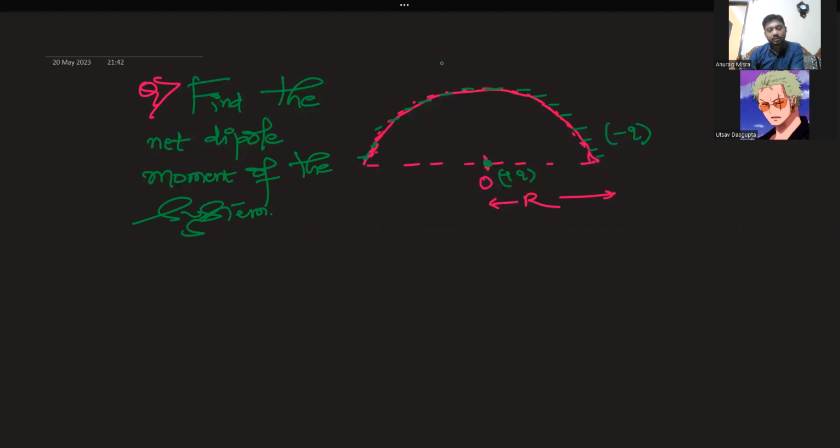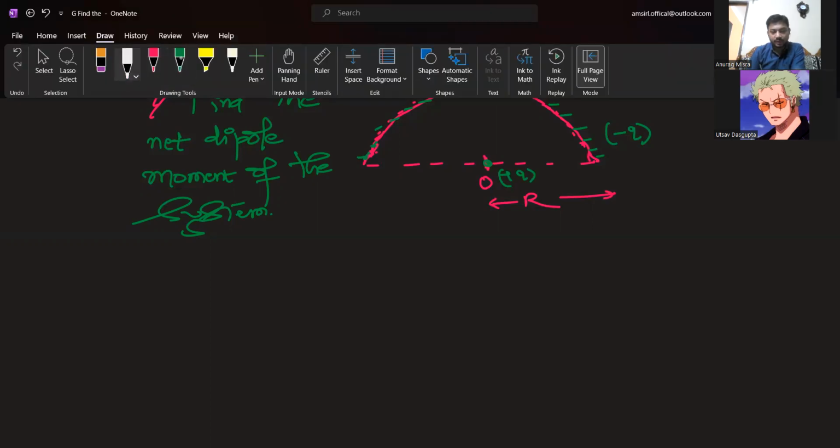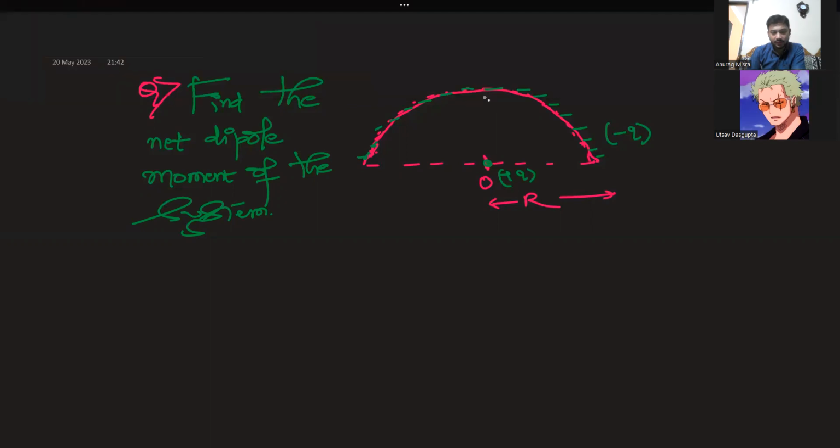So first of all, what we have to think is, is it really looking like a dipole? Answer is yes, because we have some negative charge separated from some positive charge, and the total charge is here. So in this particular problem, how will we solve the question? What we can assume is, suppose I draw the vertical diameter, and I take a very small